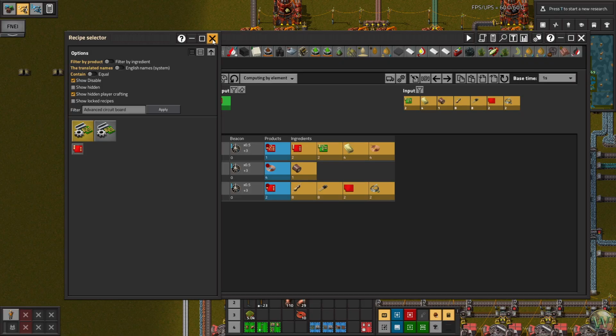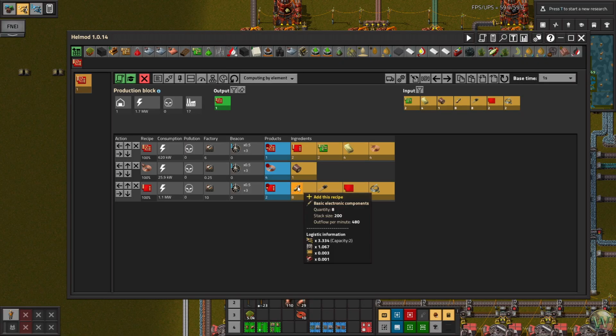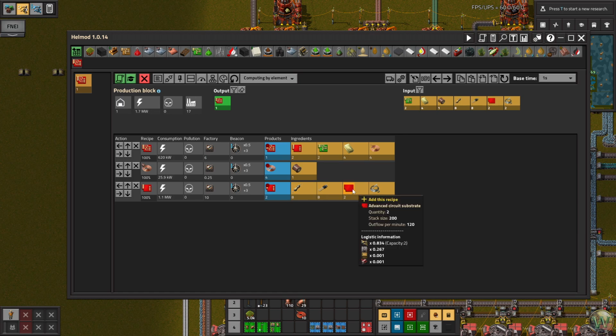There's only one recipe for those, and those take basic electronic components, which we've made before. Transistors, advanced circuit substrate, and solder. But the solder we can make easily enough. I think we already have that on the bus as is, so unless we wanted to change that to make it be,